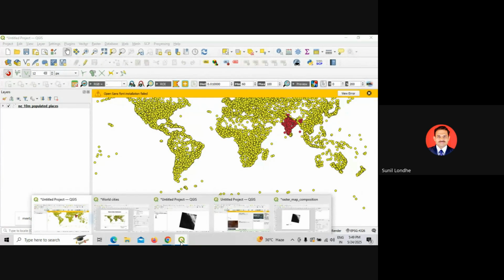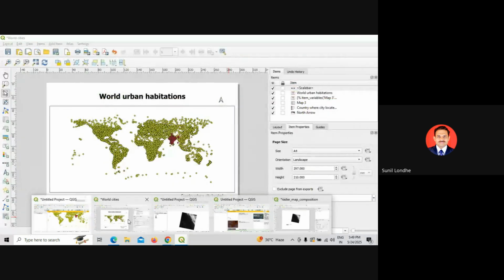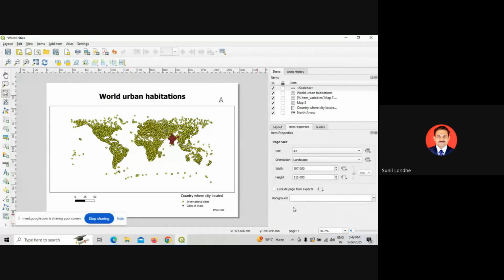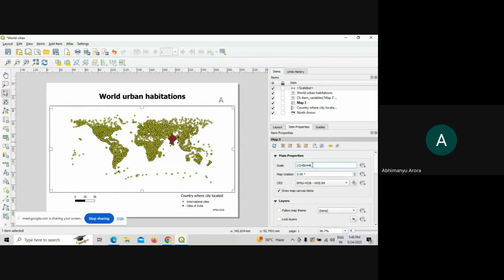Or you can just select randomly some area, a few points, export it, and then project those points. That will work. So, for example, if I change this thing